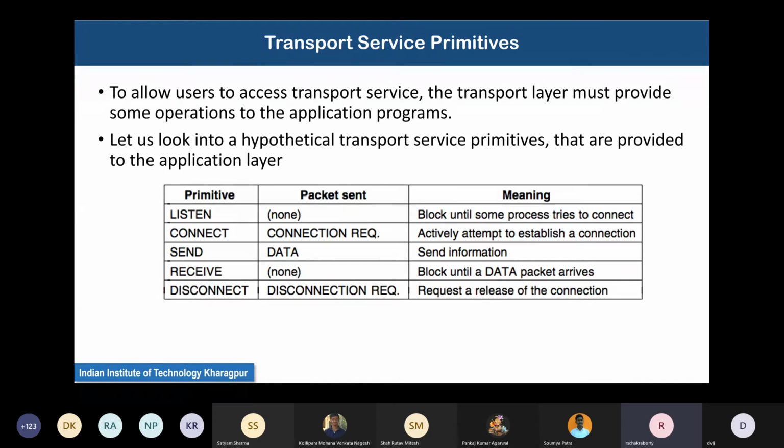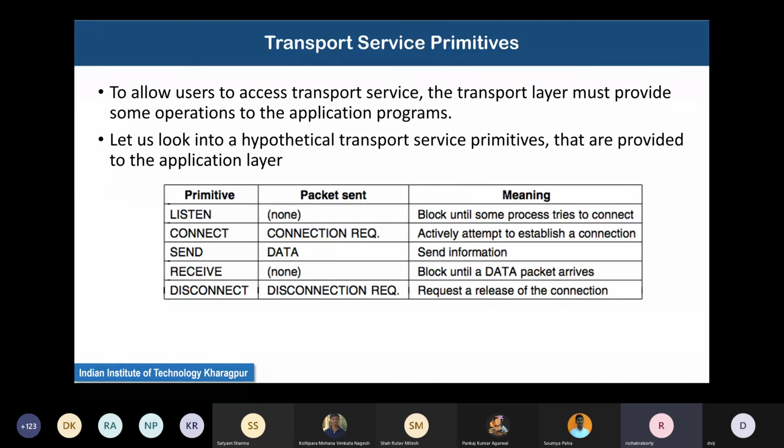Then there is send data: after the connection has been set up, you send data using some send primitive.